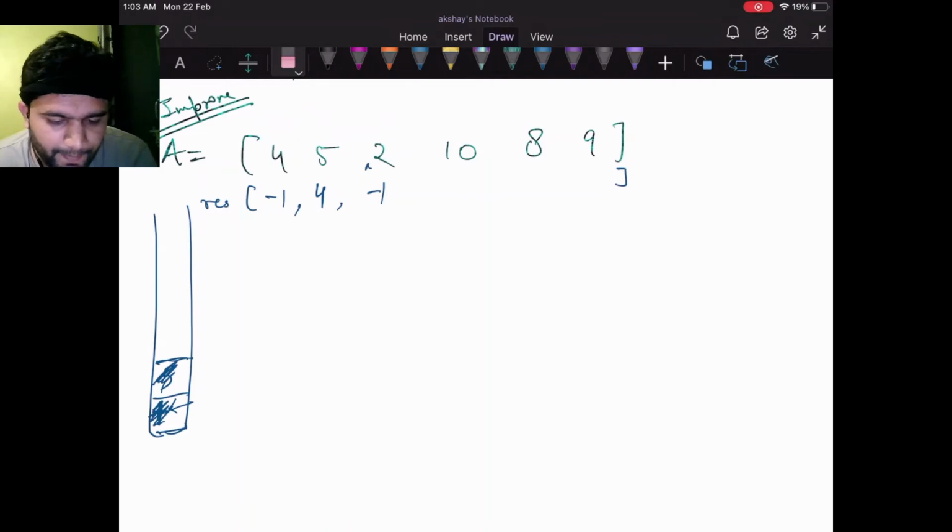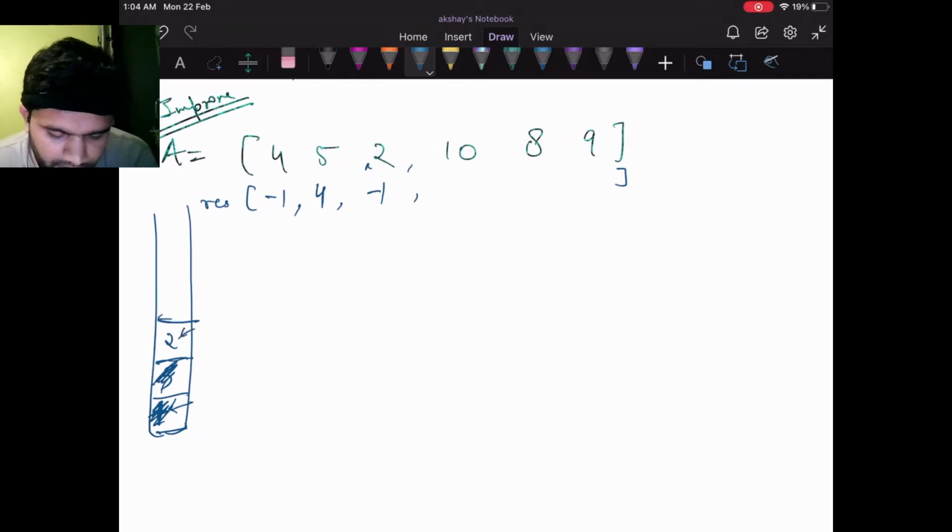Now we can simply put 2 here, because this is the potential minimum that can be the answer of some other bigger values.